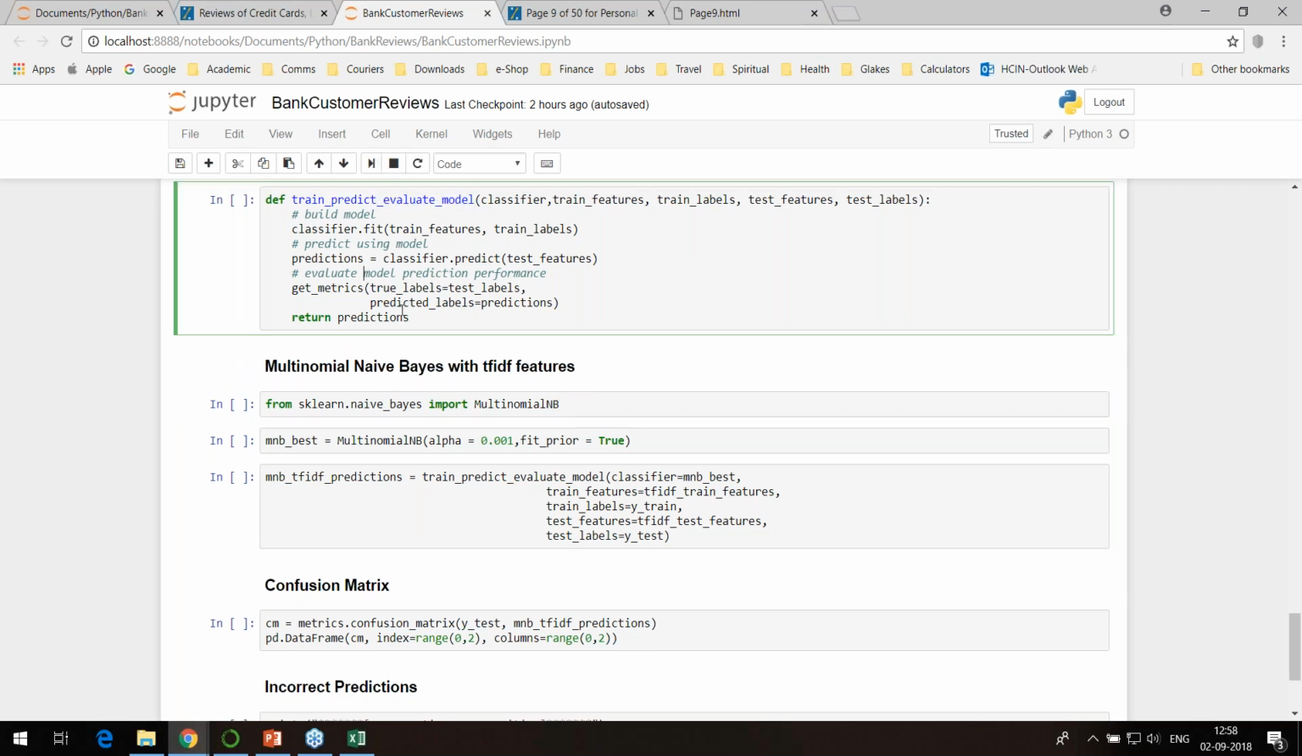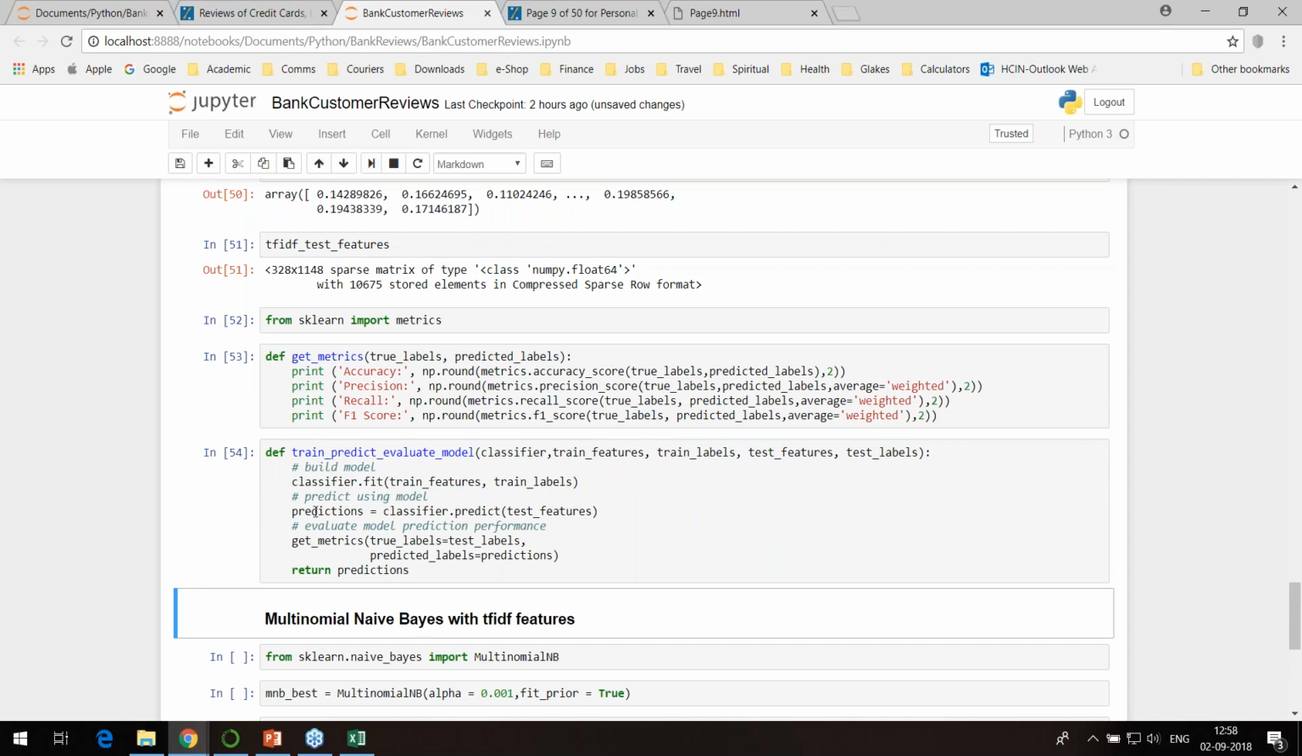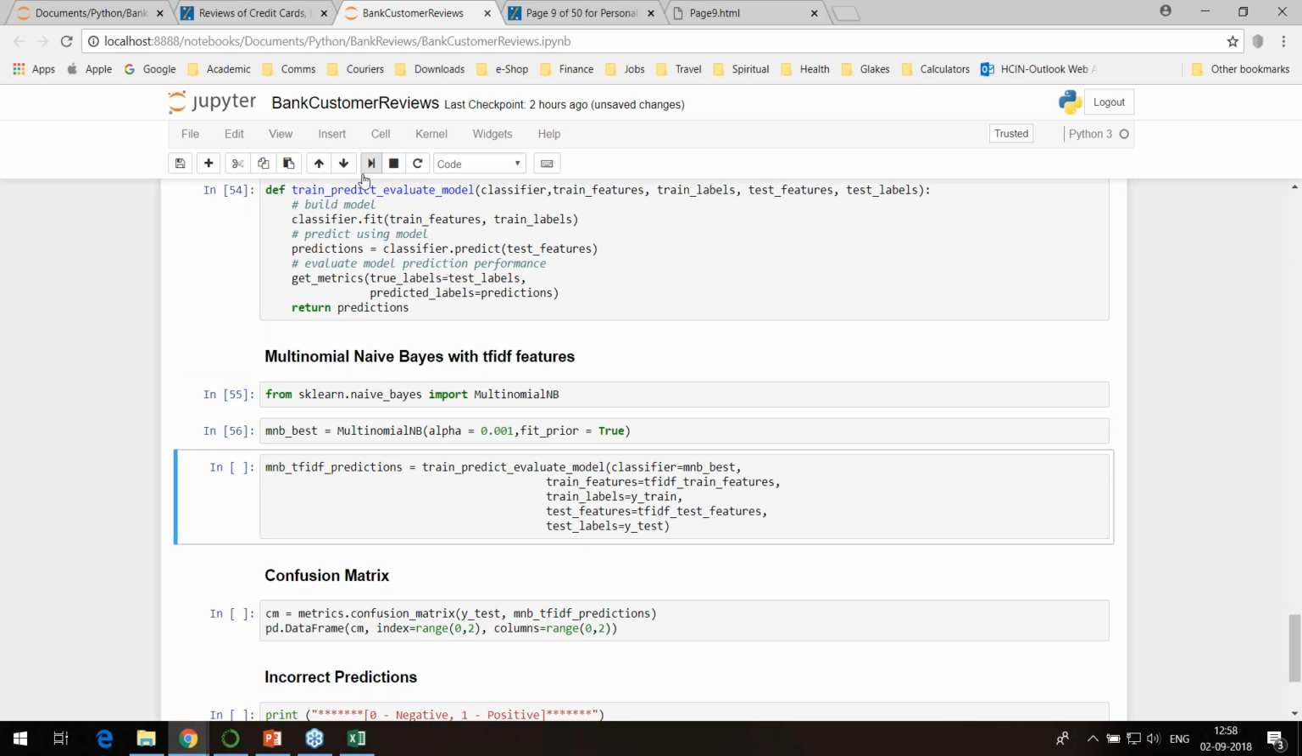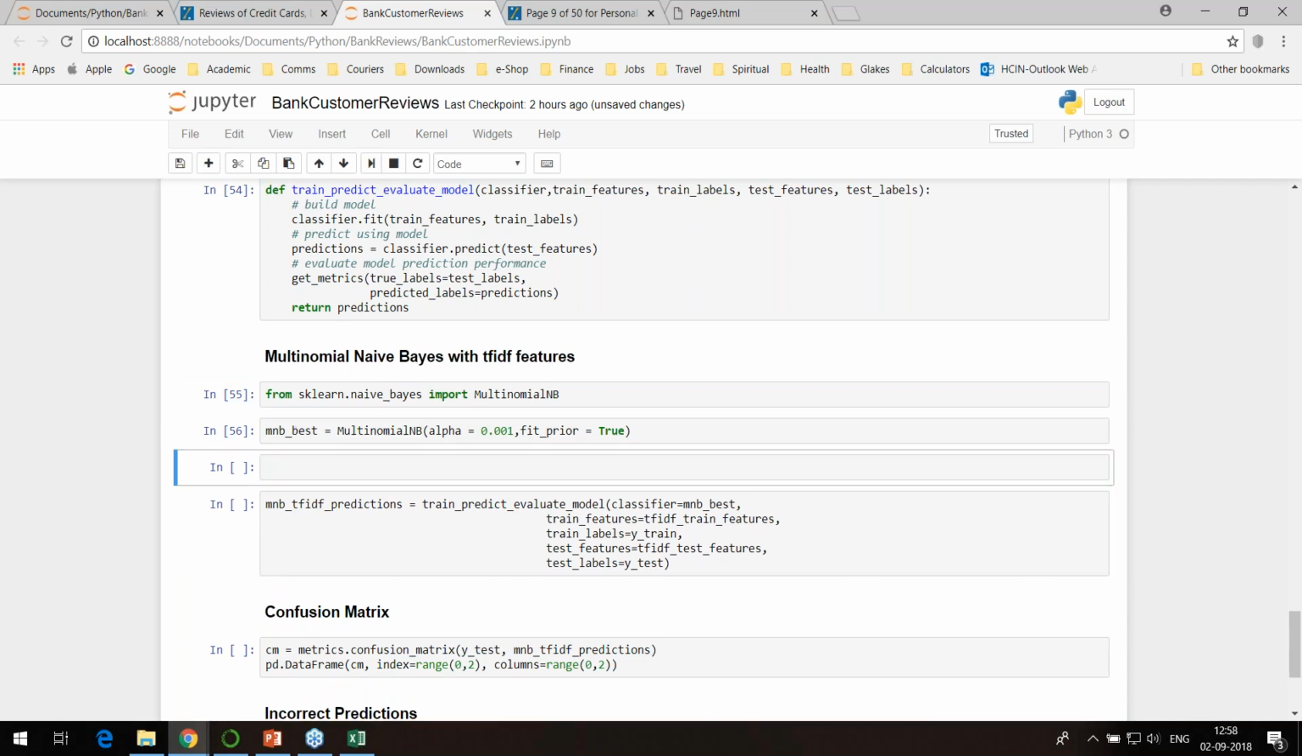Okay, before this I need to run the previous one. Yeah. So let us run this. Let us import the function. Then we are going to run multinomial naive Bayes as a model, and we'll store it inside MNB. So if I'm running this, MNB underscore best,